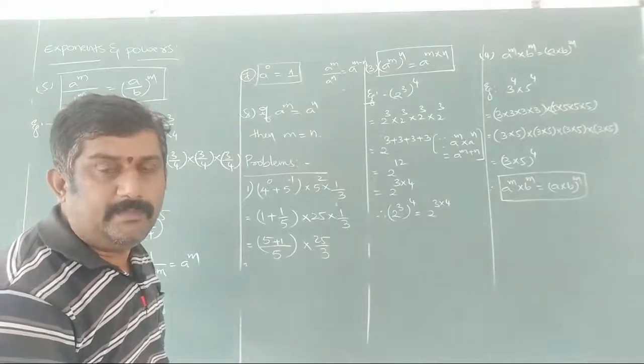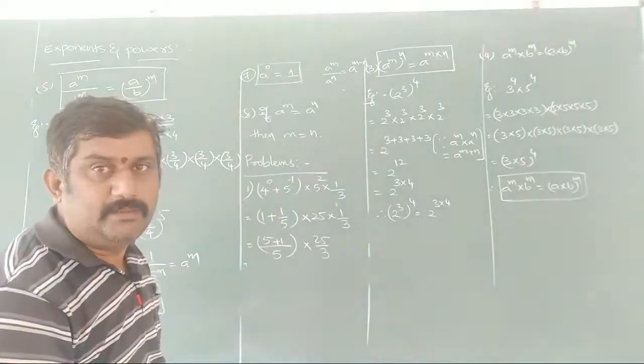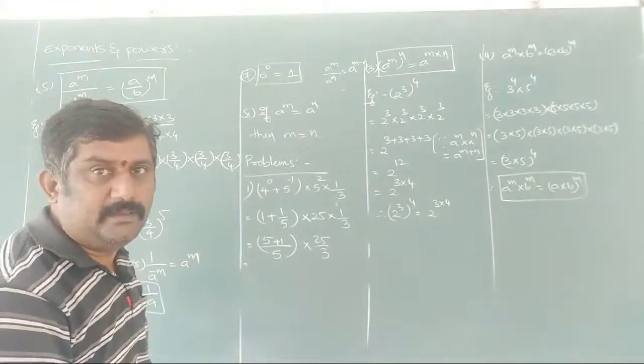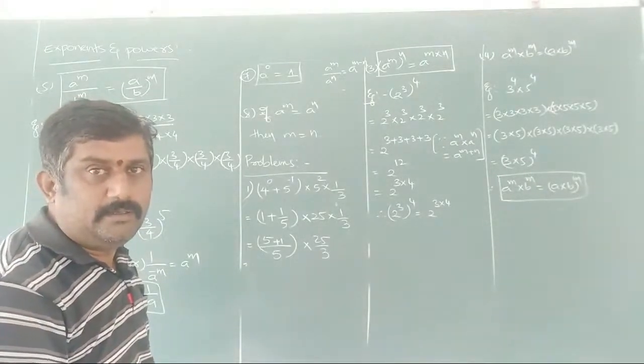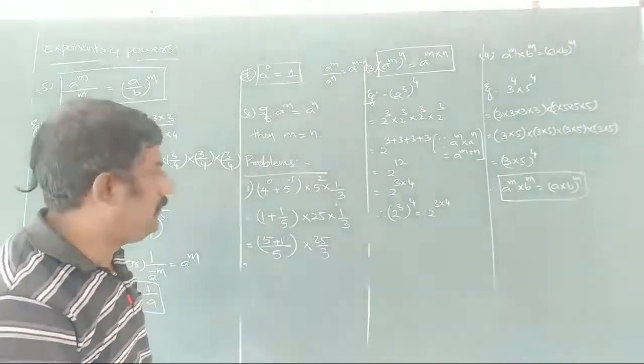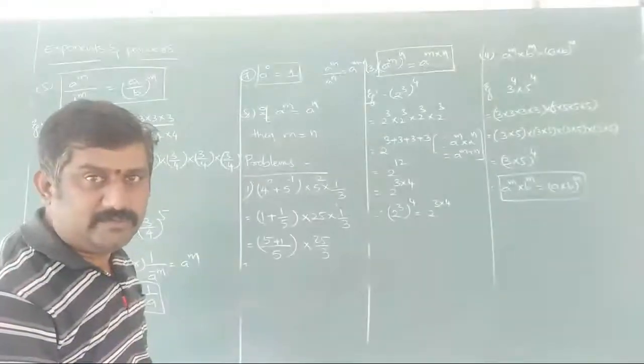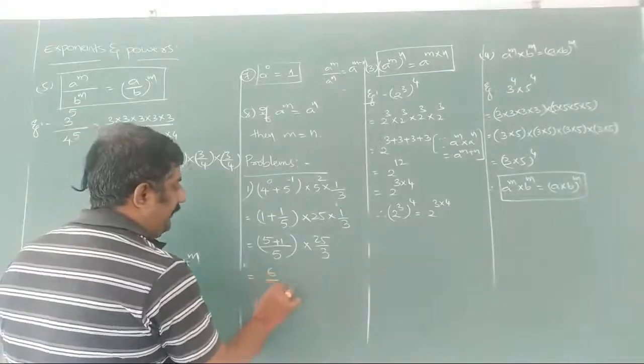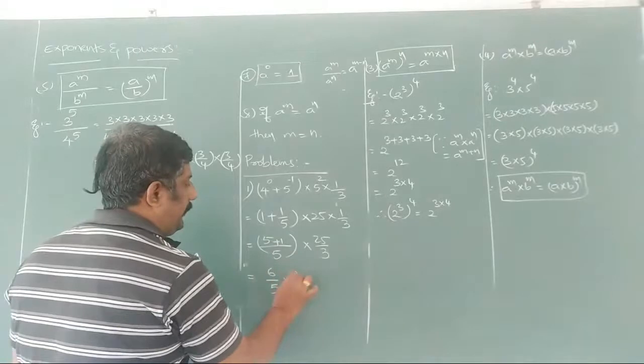Okay, clarity means which type of clarity you need here? Maybe the sunshade is coming, that's why you are not getting clarity here. Try to understand, and please catch my words. This is nothing but 6 by 5 into 25. Cancellation, you can cancel here. 3 ones are 3, 3 fives are 15, 5 ones are 5. This is the problem we need here.